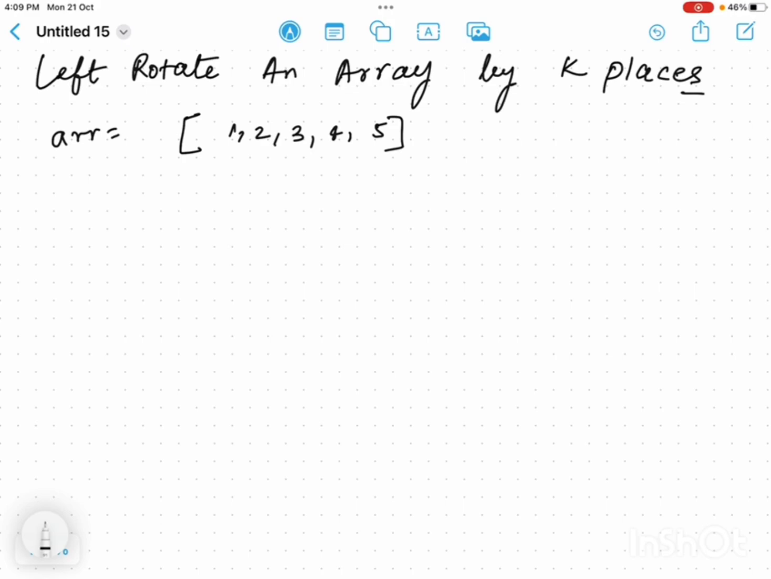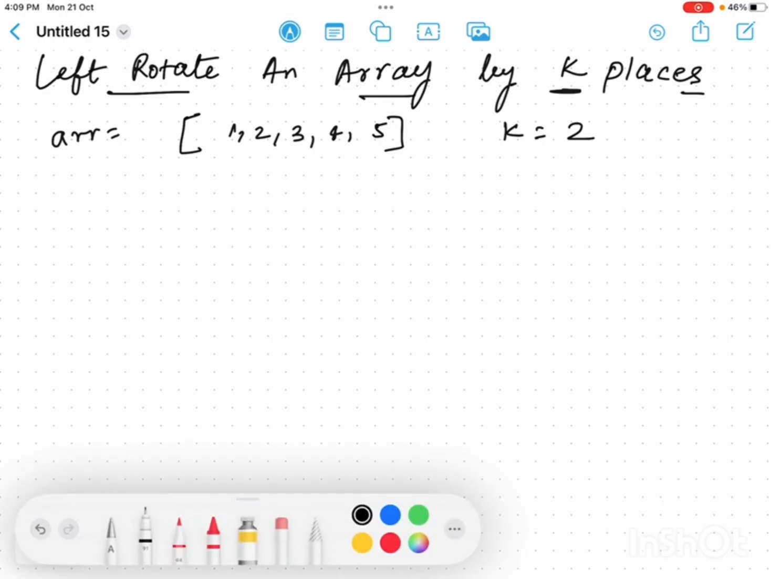And today's question for the day is that we have to left rotate an array by k places. For example, suppose you are given this array 1, 2, 3, 4, 5, and let's suppose k is equal to 2. So we have to left rotate it by 2 units. So if you have to left rotate, then